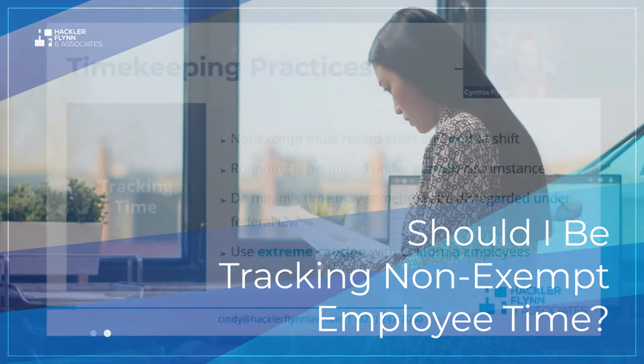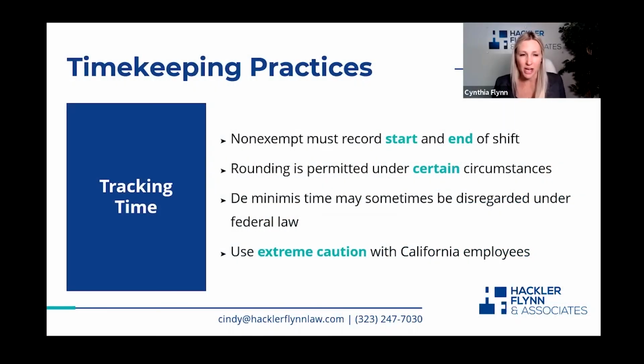The employees who do not qualify as exempt, you need to keep track of their time. And you have to keep accurate time records of hours worked by your non-exempt employees to comply with both state and federal laws. Basically, what you need to know here is that there is a new case that talked about